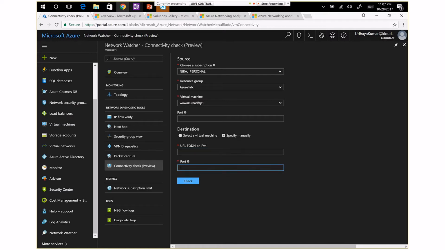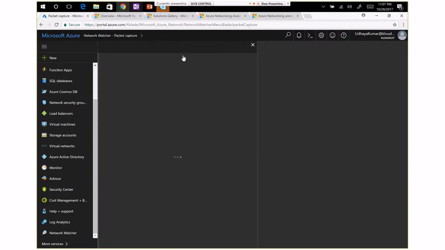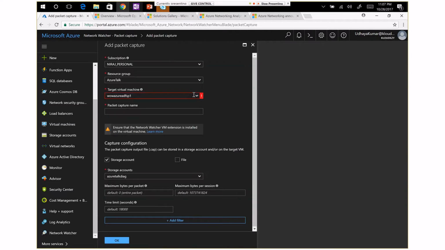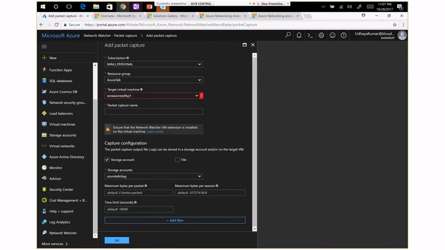Also there is one good thing about the Network Watcher. There is something called packet capture, right? That's what I was referring to when you asked the question about monitoring. I really got confused. With packet capture, you can add your VM, and if you just go into the error message, it was giving an error that there is no extension installed. It says Azure Network Watcher.